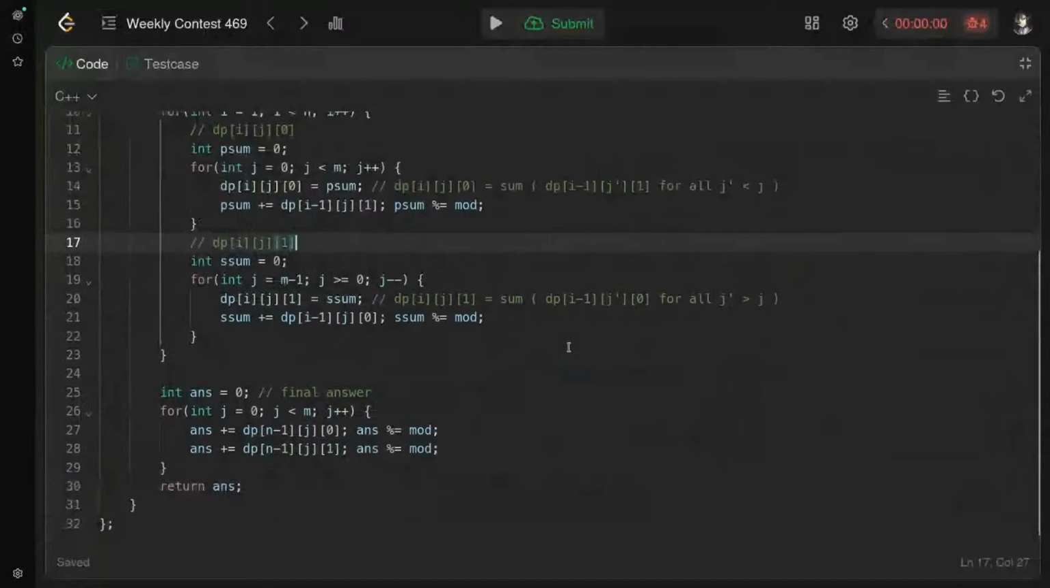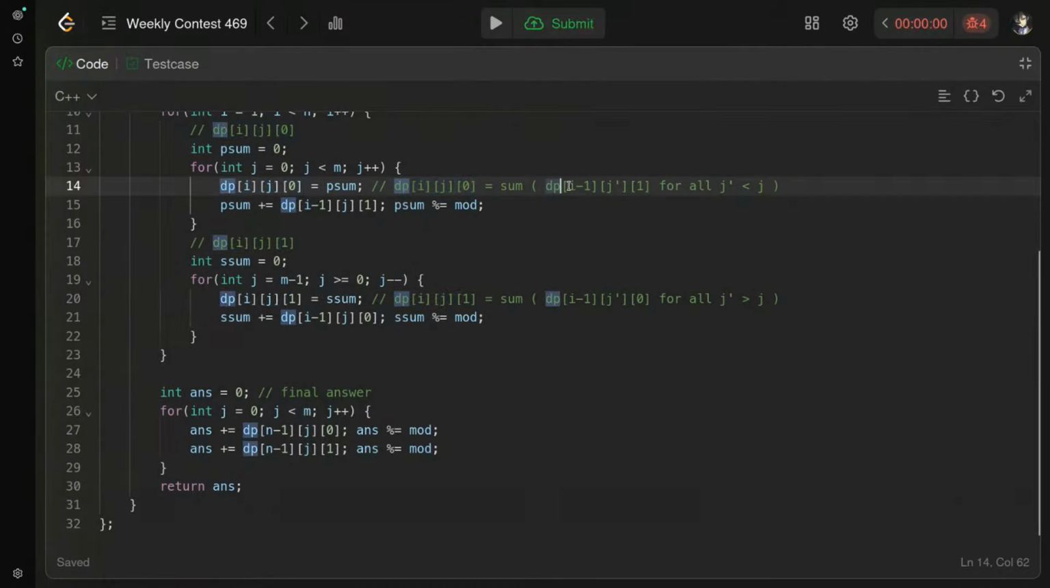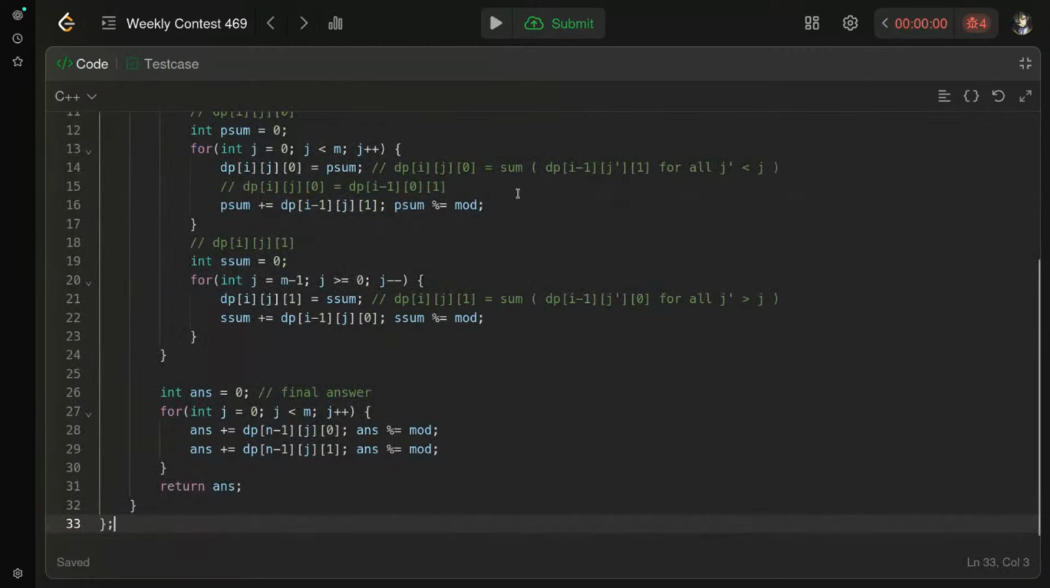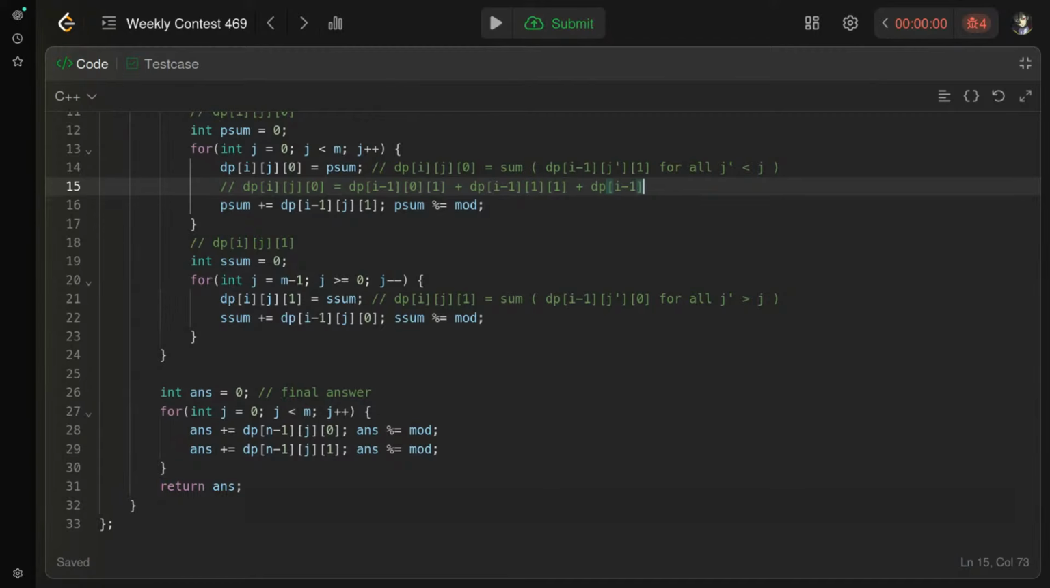Can I explain the prefix and suffix logic? Okay. If you observe, dp of i, j, 0 has to be the sum of dp of i minus 1, j dash, 1 for all j dash less than j. So we can write it as dp of i, j, 0 equals dp of i minus 1, 0, 1, plus dp of i minus 1, 1, 1, plus dp of i minus 1, 2, 1, plus dp of i minus 1,